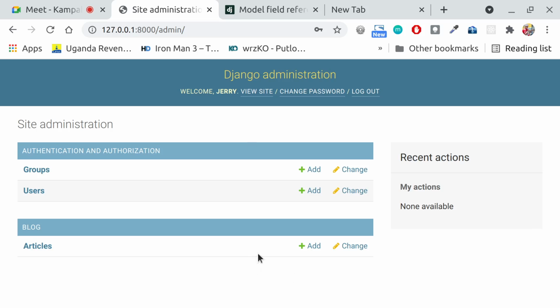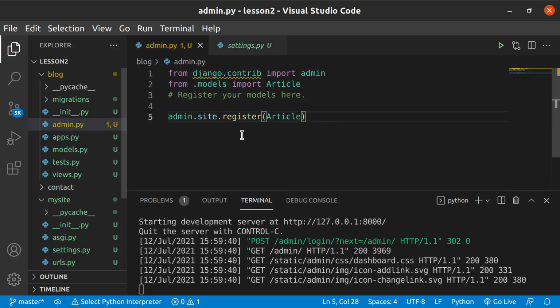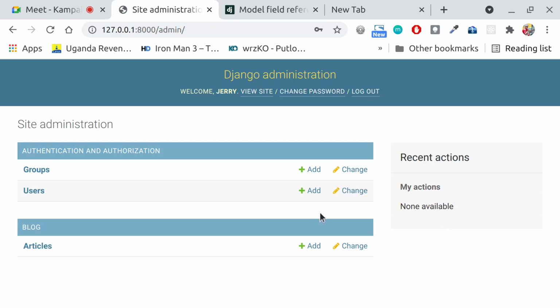Yeah. So the line we created here, the admin.site.register, this one on line 5, is the one that is kind of responsible for this user interface. We can see here where there is articles. So when you click on add article,